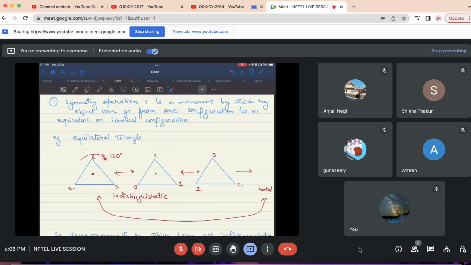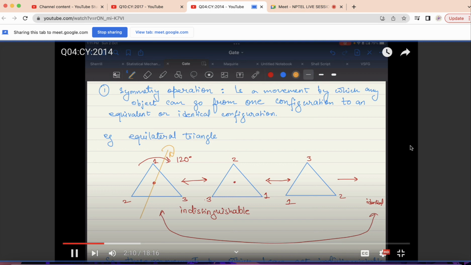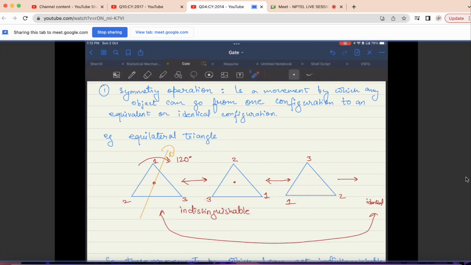I am rotating my equilateral triangle such that this is the axis of rotation and we are doing a 120-degree rotation, in such a way that this point 1 comes to the point where 3 was. So this will be 1 3 2 now, and again I am doing the same 120-degree rotation